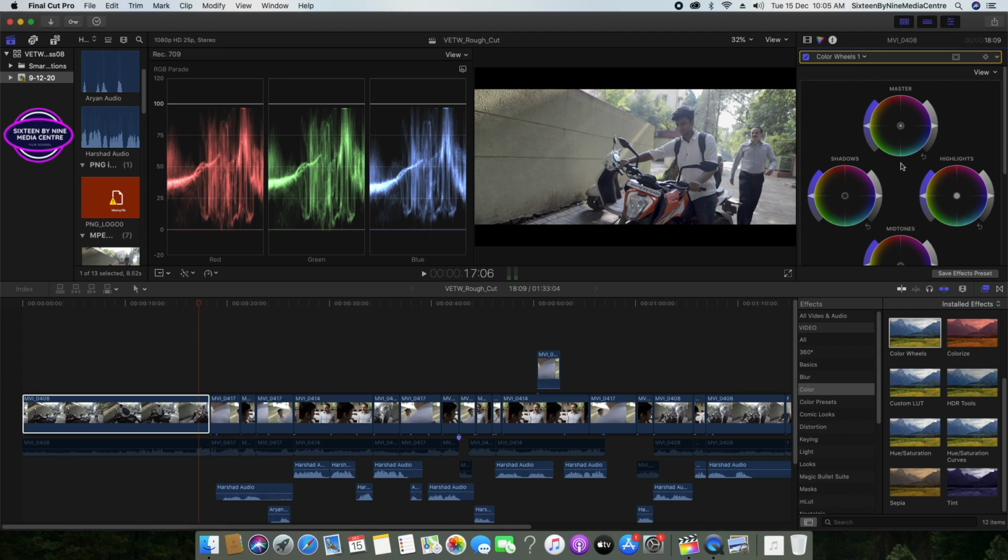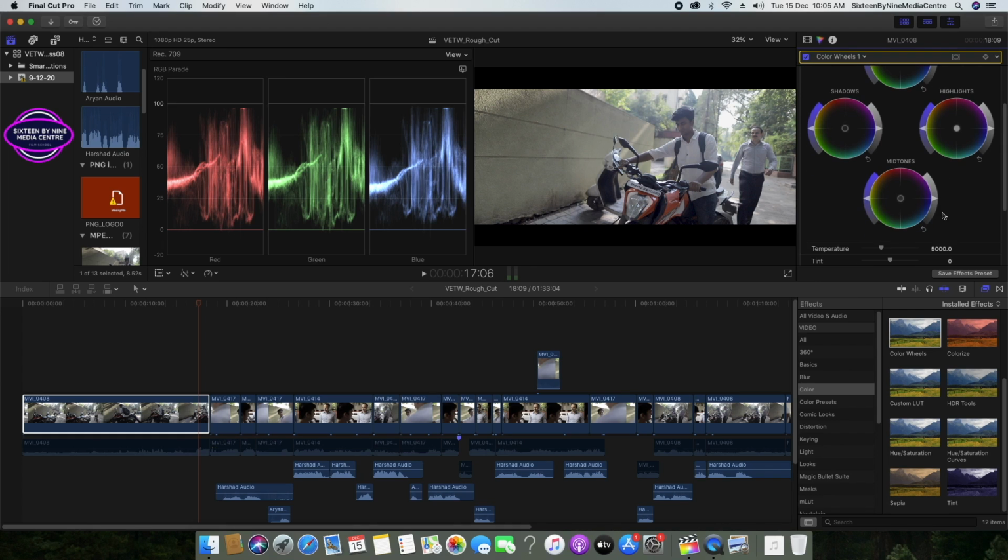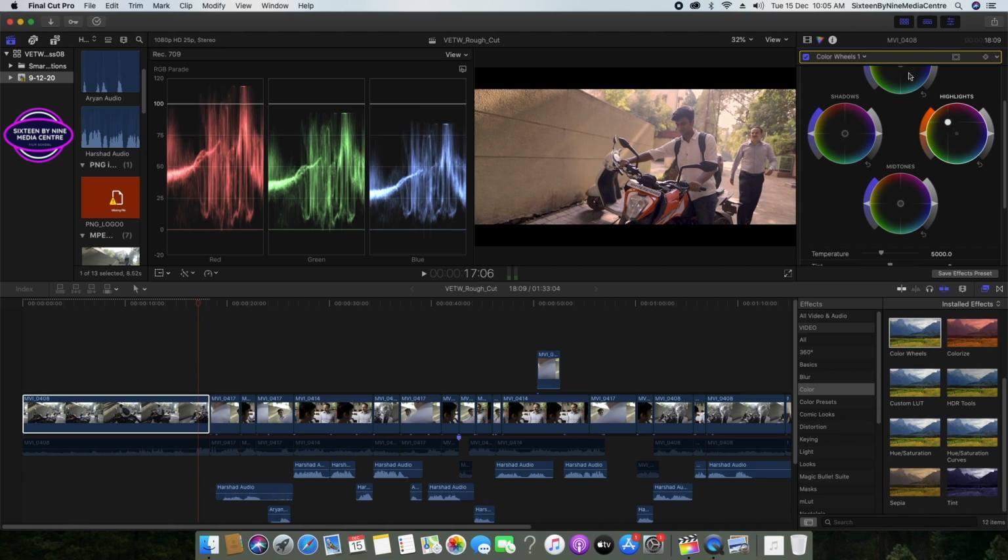Now let us understand the concept of the color wheels. You can see highlights, midtones and shadows. So you can change the color of highlights separately, midtones separately and the shadows separately. If I push highlights to red, you see only the highlights are going red. The shadows and midtones are not going red, though I increased it so much that it affected some of the midtones also. If I push shadows to green, you can see all the darker regions are going green. If I push midtones to maybe blue, the face is becoming bluer.